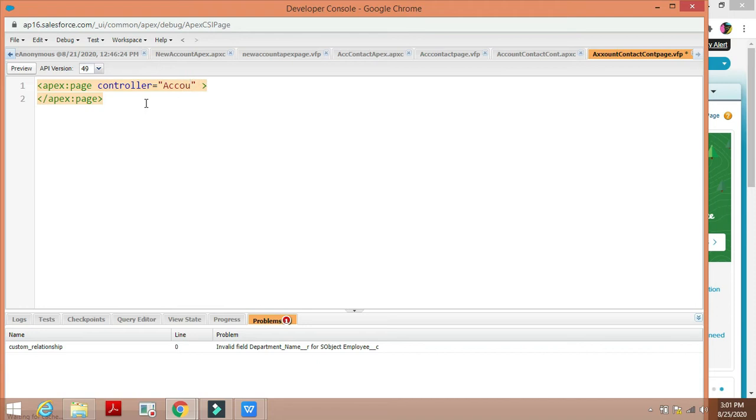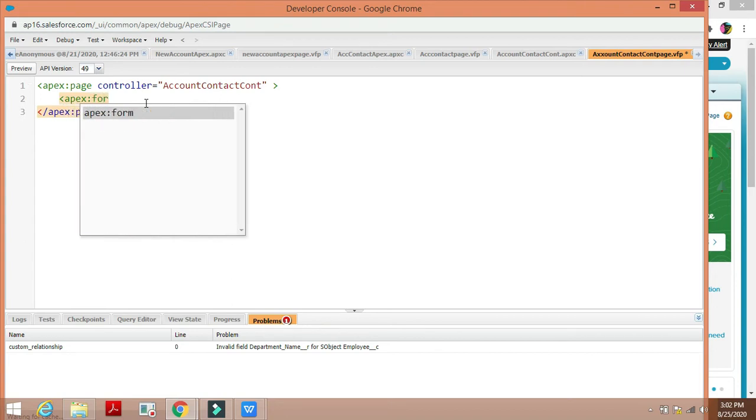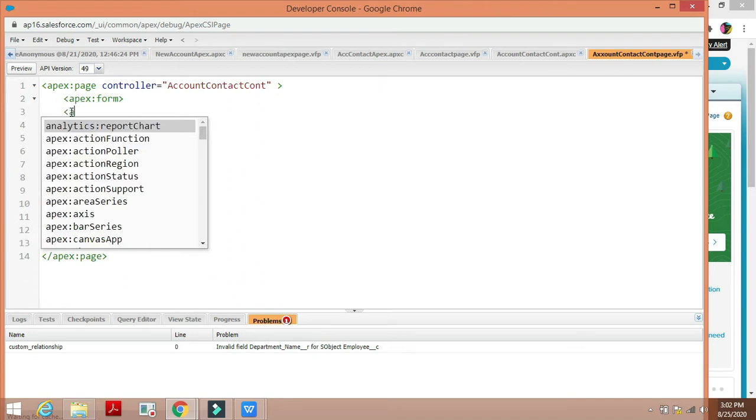Now we are going to create a page for this class. First let's take the controller attribute for the page, and then we'll take the form component after this. Next we'll take the page block, one page block for account and another for contact.